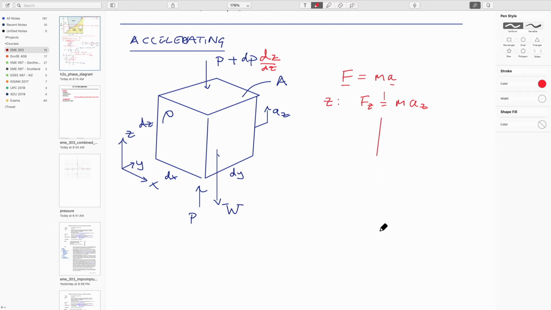I didn't want to do that. See if I can fit it in. So let's take resolutions of this. So what are the forces acting upwards? We have pressure times area acting upwards. We have minus pressure plus dP/dz times dz